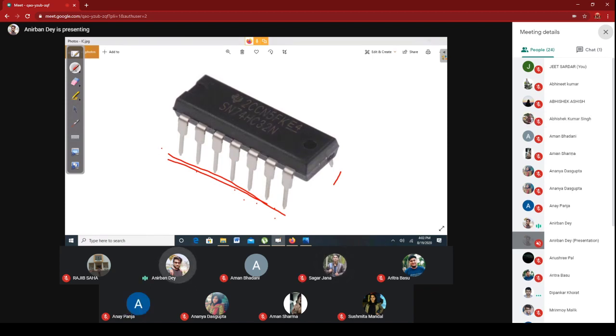So generally ICs have 14 pins. Some ICs have 16 pins also. So this is what the actual IC looks like. Now we have to look inside the structure of the IC. So now write down some points about the IC here.